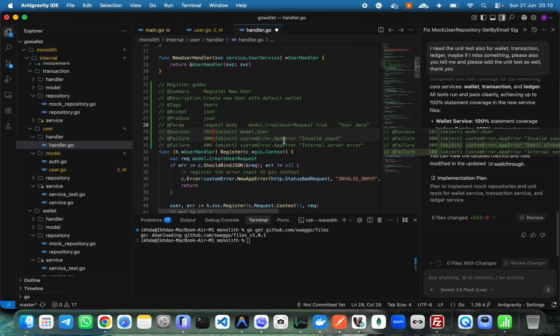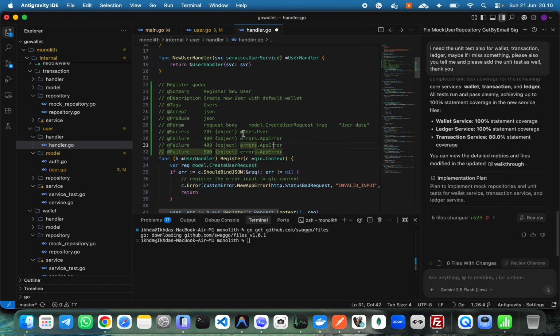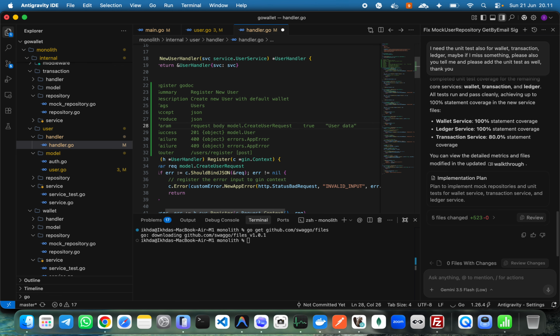Errors, errors dot app error, errors dot app error. Think this should be okay. And then failure, no, I think the last one should be router slash users slash register and post. Okay, I think this one should be okay. Model create user request true,